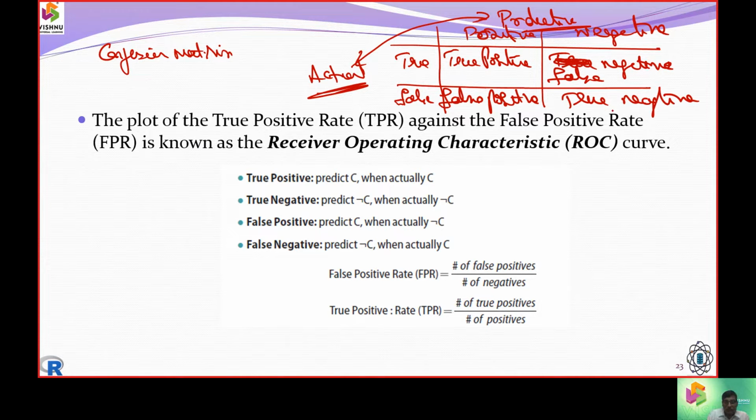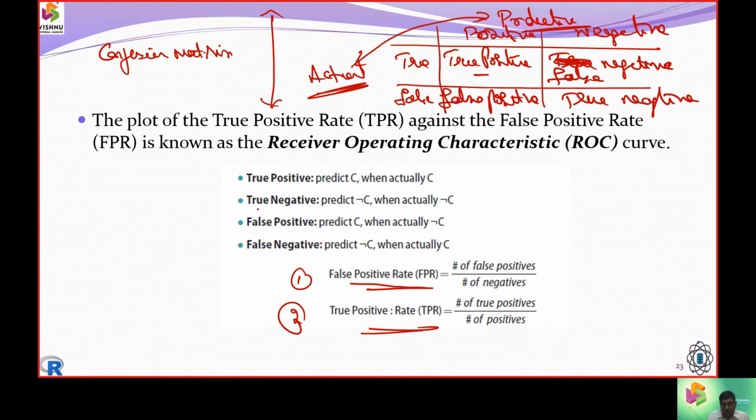How are we going to classify a label, whether a churn can happen or may not happen? How are we going to estimate it? We estimate it with two attributes. One we call the false positive rate. Another we call the true positive rate. These rates are purely based on the confusion matrix.